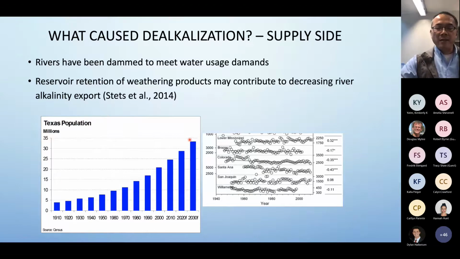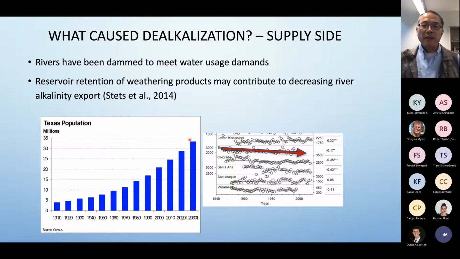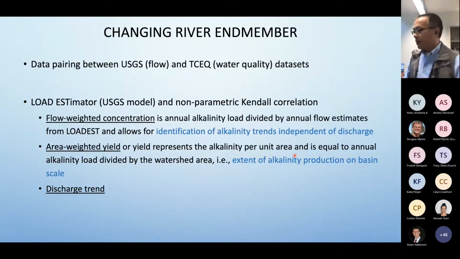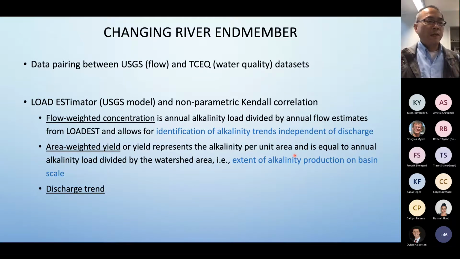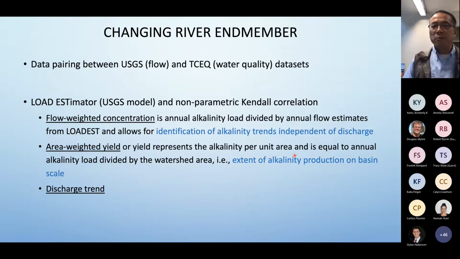USGS scientists, Tedstats, studied river alkalinity, and this is one of the results they got for the Brazos River, the largest river in Texas. You can see over time there's a gradual decrease in the alkalinity level in the Brazos River. I asked my student, why don't we use a similar technique? Tedstats mostly did the nationwide large rivers, and we wanted to look at all these smaller rivers in the state, and how they have been changing over the years.